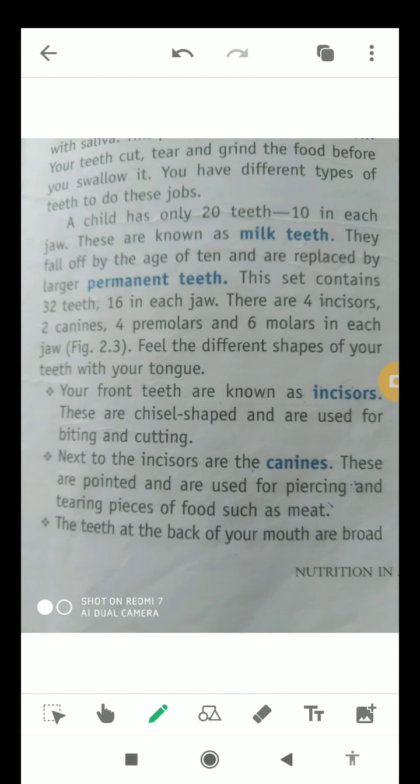And as we all know, the lower jaw is movable while the upper jaw is fixed. The incisors are also known as the front teeth, and these are used for cutting and biting the food. Canines are 2 in number, and these are used for piercing the food, or we can say for tearing the food. That's why these are especially found in carnivores like tigers and lions. Premolars are 4 in number, and molars are 6 in number. Premolars and molars both are used for crushing and grinding the food.